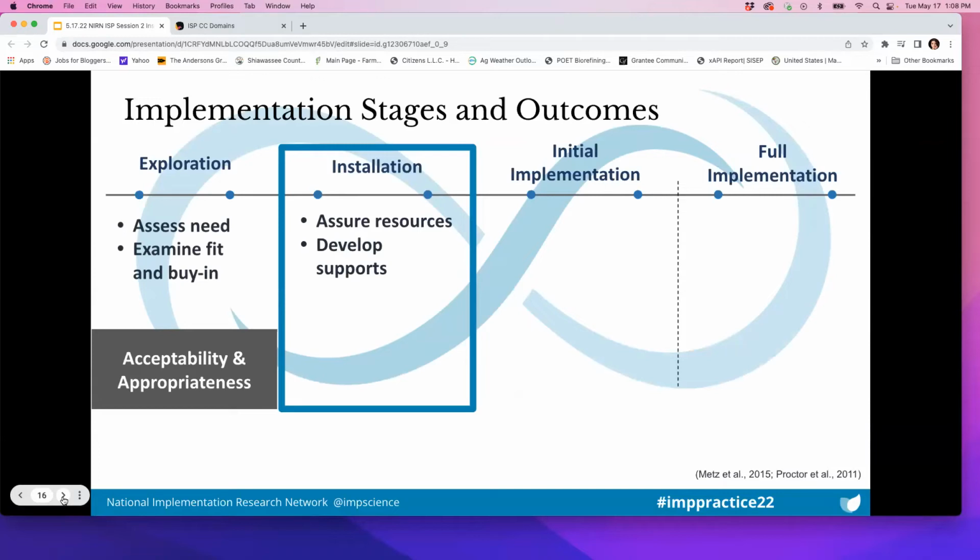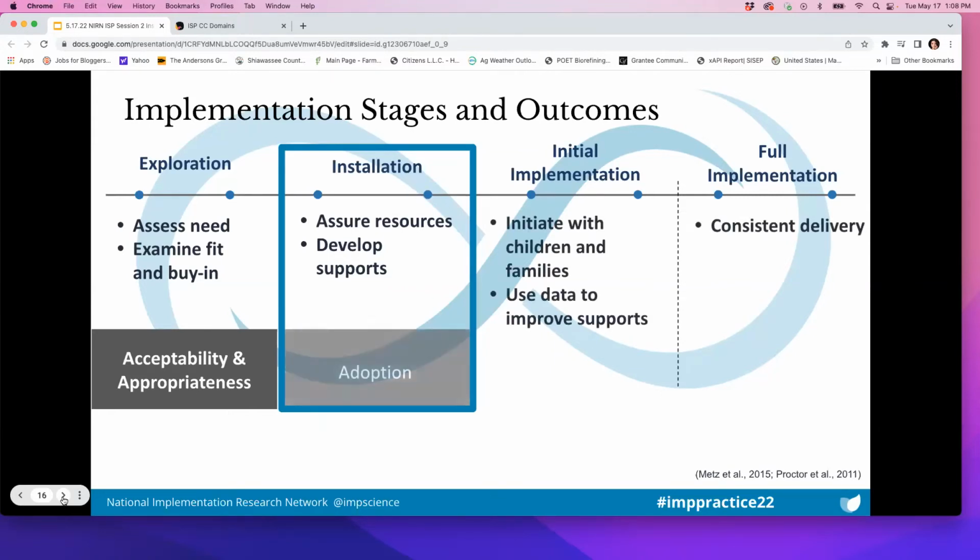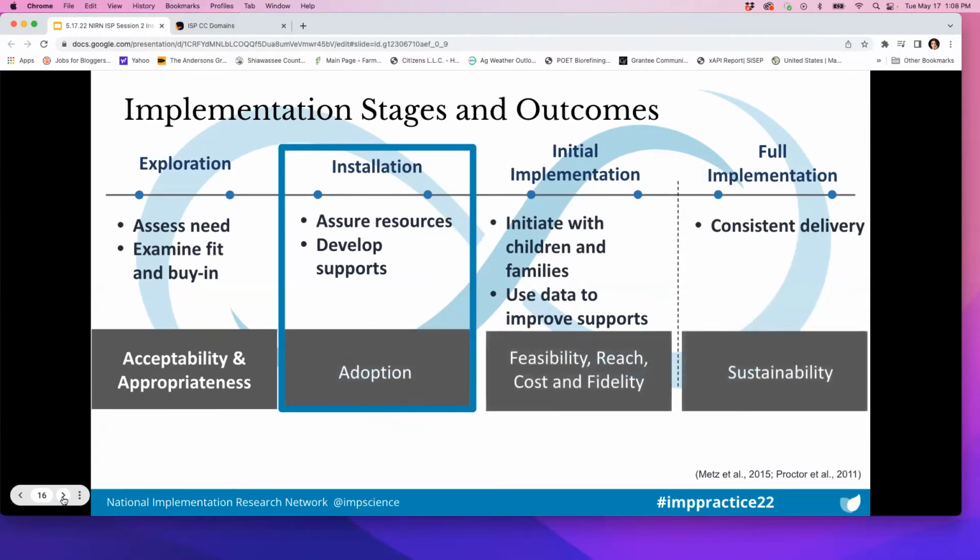How do we assess what we think we need is going to fit? How do we get buy-in? How do we gather people to have those great conversations around what it is we might need or what might fit? So as we take our teams from exploration and that, yeah, let's do it. Let's decide that we're going to move forward with this practice or program, we move into installation.